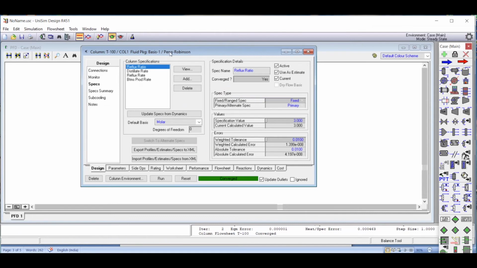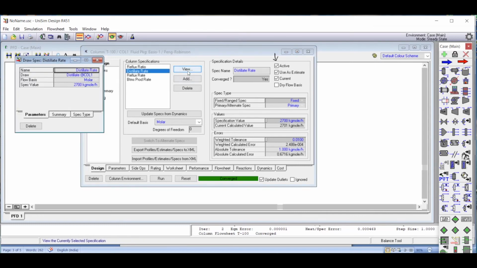Once you go to the specs, you see all the column specifications come in here. The reflux ratio is active, so this is the one you really have to keep an eye on. This checkbox you have to keep an eye on. This will remain active, but the distillate flow rate here, which was active, if you click on the view, the distillate flow rate view, you'll see that